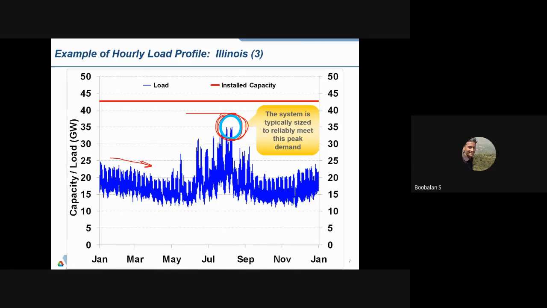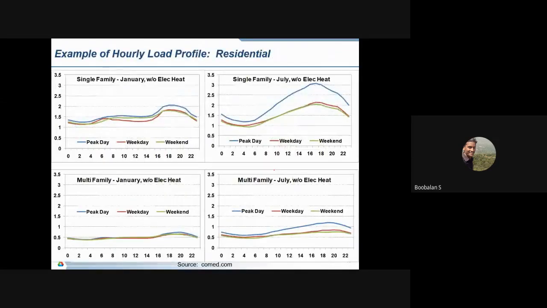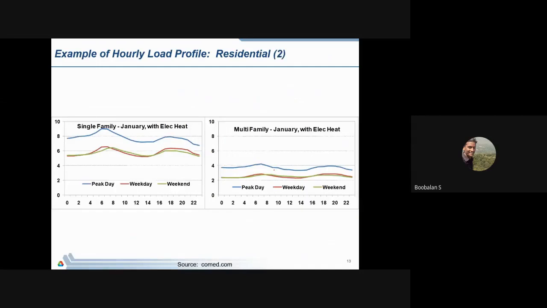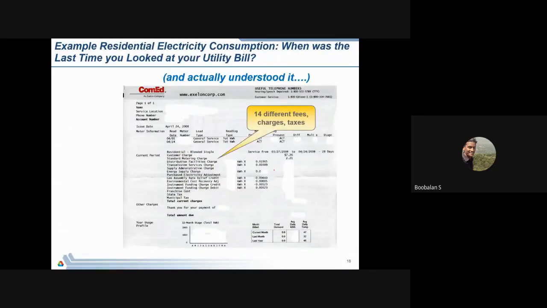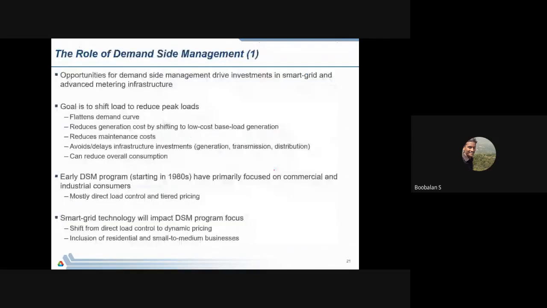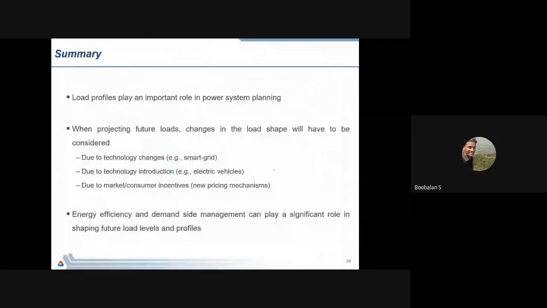These are the things we have seen yesterday: the different kinds of electricity consumers, residential, commercial, agriculture, and the major energy consumers like industry and transport. Their load curves we have also seen: how the residential or domestic load curve looks, the commercial load curve, and the industrial load curve. Today we move directly into peak demand, reducing peak demand. What different things are available to reduce peak demand?